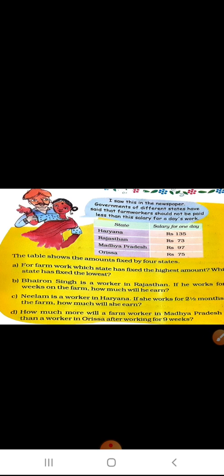Now after this, Tulsi and her husband are farmers and they work on Karunya farm. It is given on page number 174 that you have to do yourself. Some fill in the blanks are there that you will do yourself. Now come to page number 175.